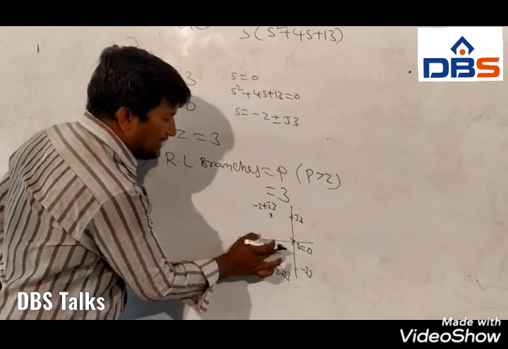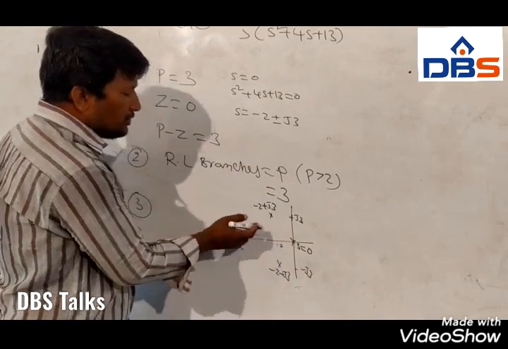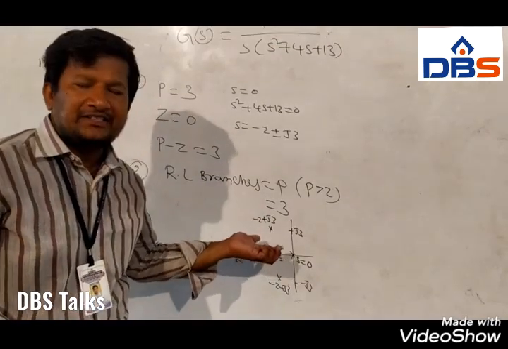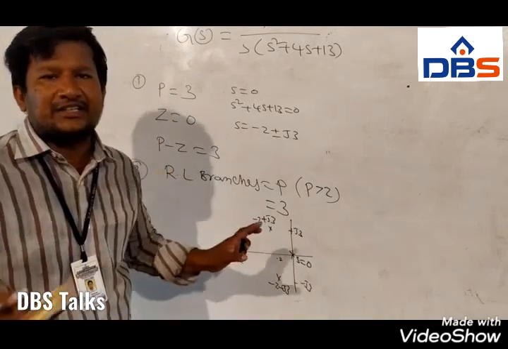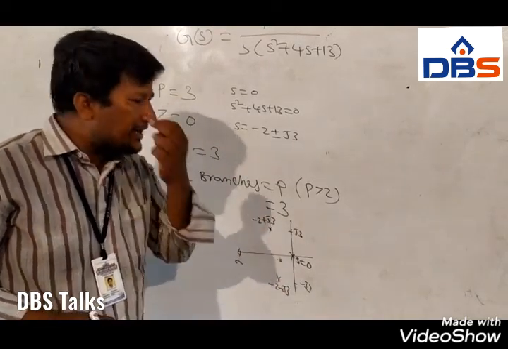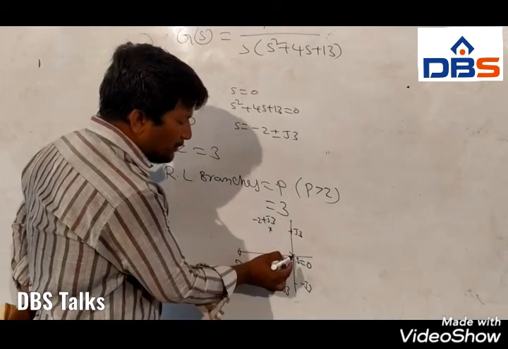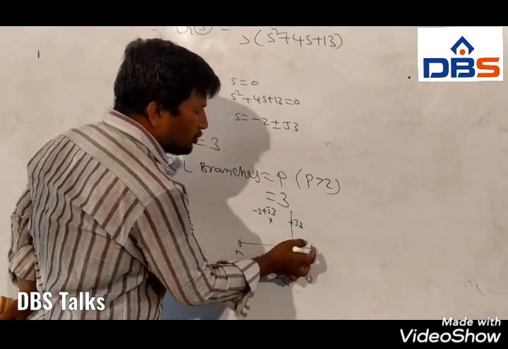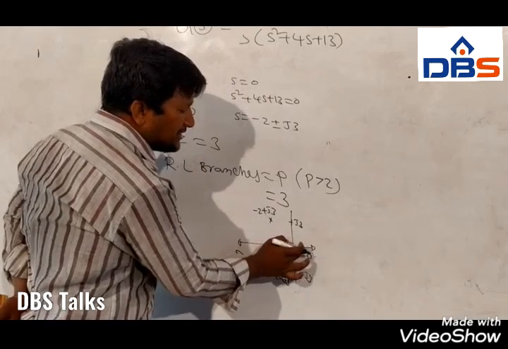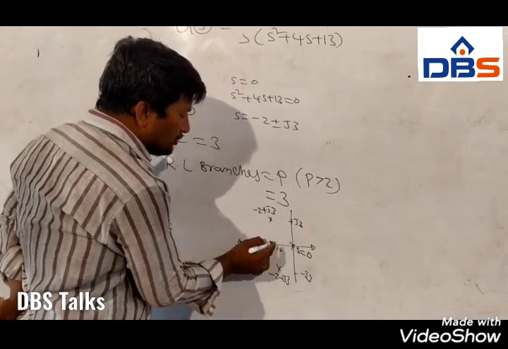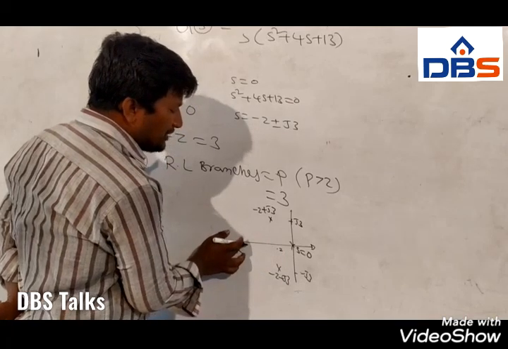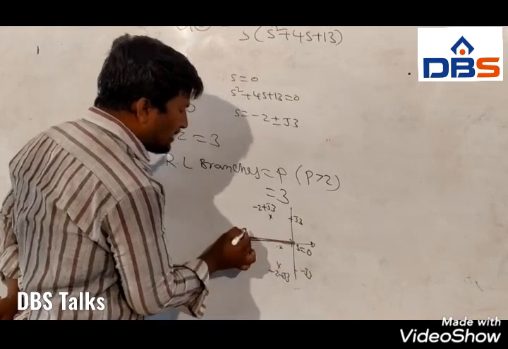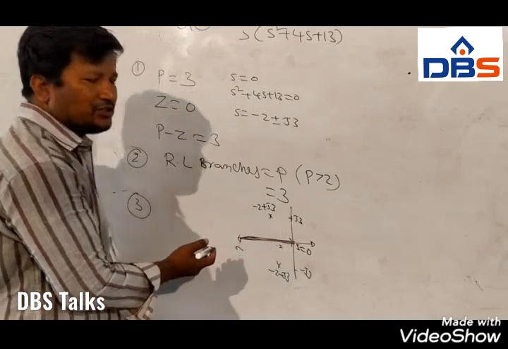So now identify whether the root locus branches exist or not. Whenever complex poles exist, they are not considered when checking for branches; you take only the real negative poles. I put my pen on s equal to 0. Before this there are no poles, so there is no root locus branch on the right side of the s plane. Coming to minus infinity, there is only one pole before that point. The root locus branch exists between s equal to 0 and s equal to minus infinity.